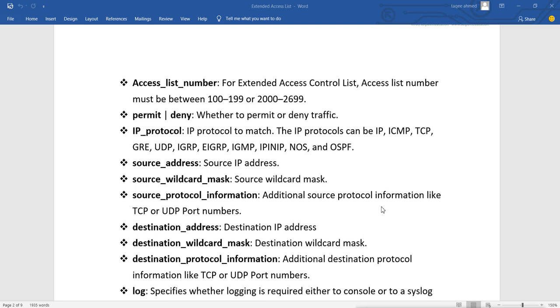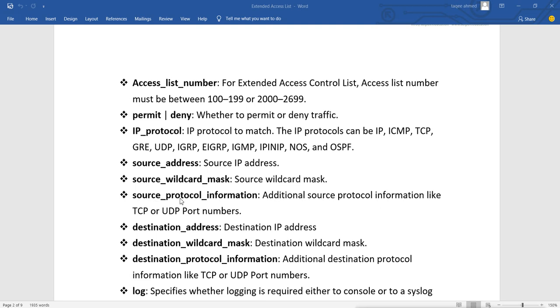If you are requesting a web server, your destination port will always be 80 and your source port is random. When the reply comes for the request, the destination port will be that random port which you chose, and the source port will be port number 80.